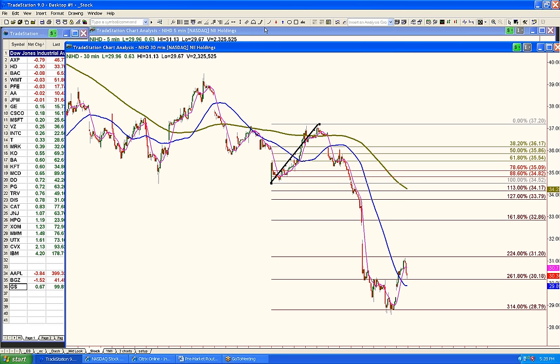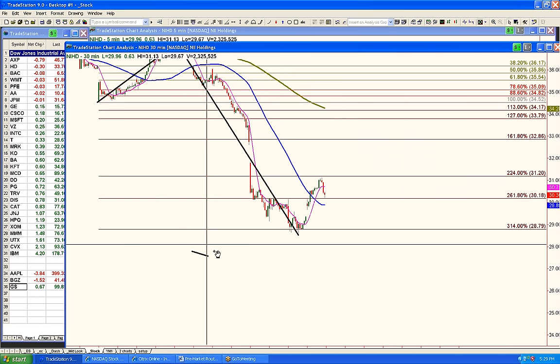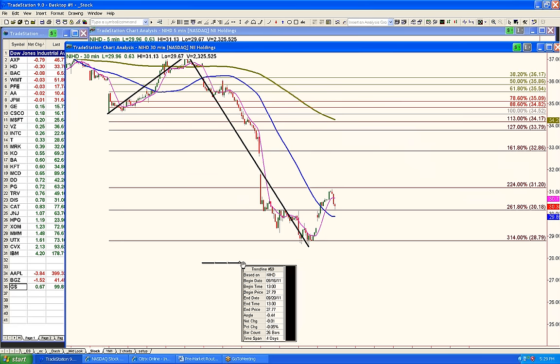314 is telling me I should be looking for a V reversal pattern if I'm going to play this to the upside, okay? This one's a little late, so you're not going to enter this one. You're just going to monitor it. As we look at the low point on this chart, we can see that at the low point,